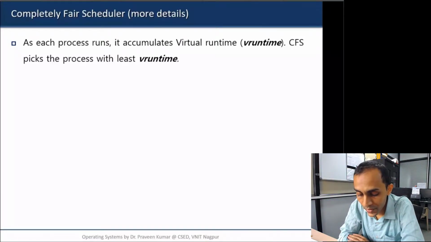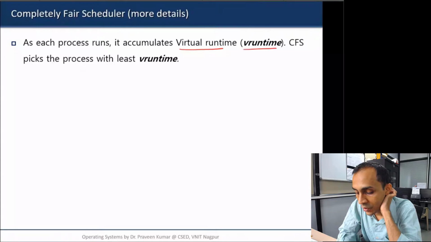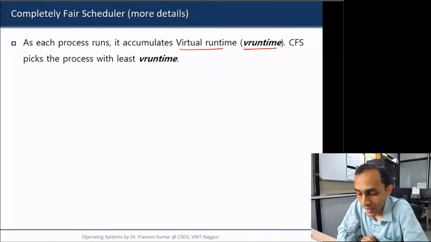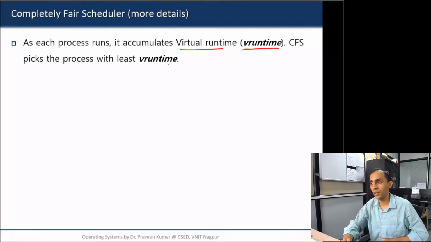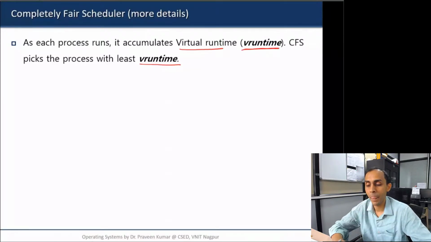So this CFS basically keeps track of something called virtual runtime. Each process, whenever it runs, accumulates its virtual runtime. So the counter that each process keeps track of is this virtual runtime, and the CFS picks whichever process has the least virtual runtime. Whichever has run the least, basically it will schedule that process to run. And as we said,